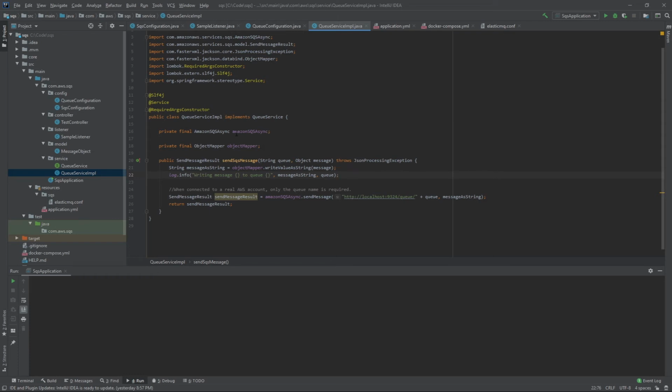And we also need to wire in our Amazon SQS async bean. So the first thing we're going to do is convert this object message into a string using our object mapper. I'm going to log the message that is being written as well as the queue that is being written to. And as I've noted here, if you're logged into a real Amazon account and you're not faking